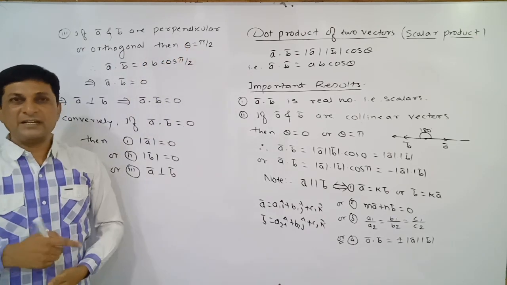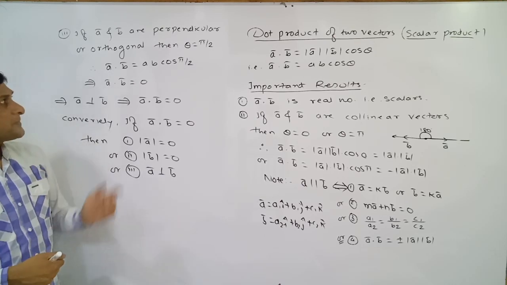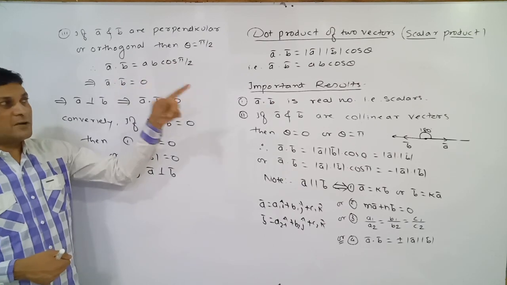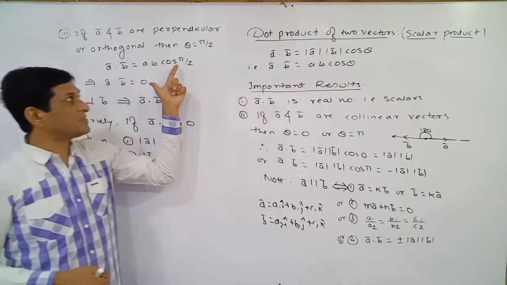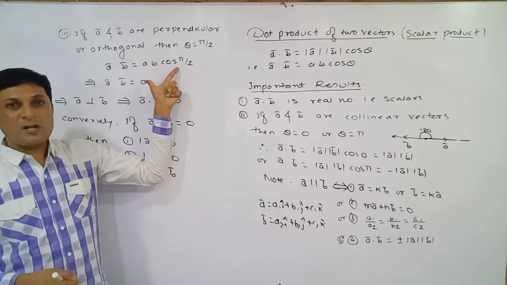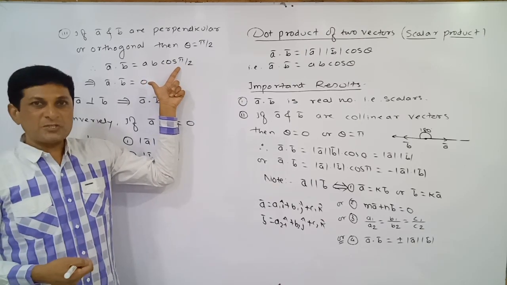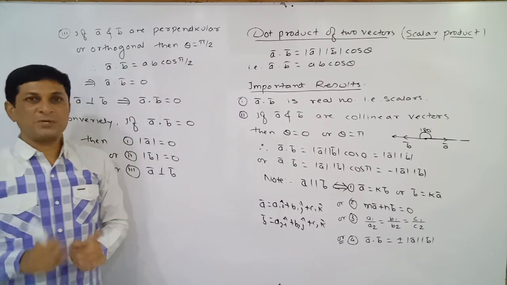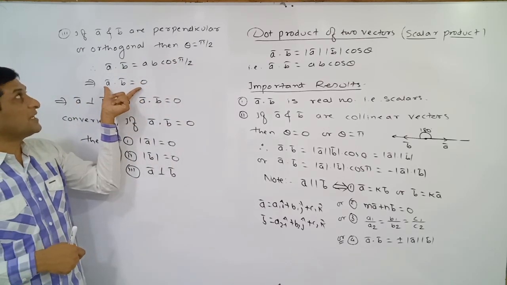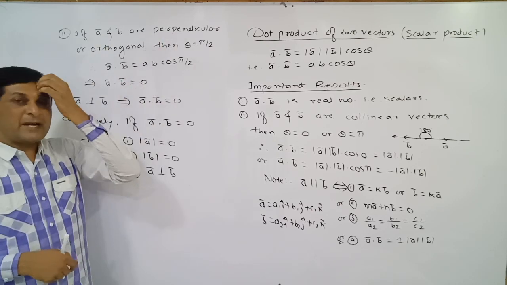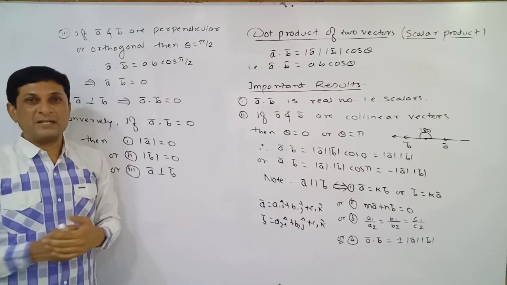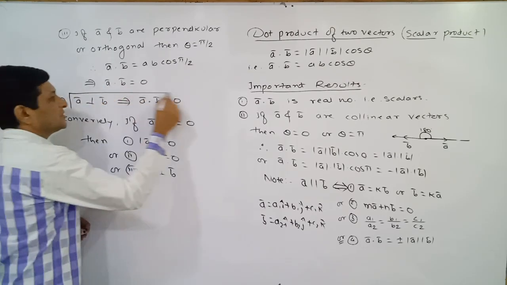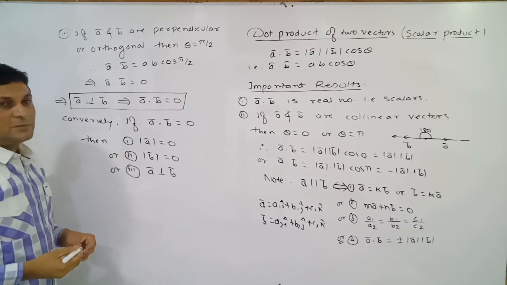90 degrees in radians can be written as pi by 2. Now we substitute this value of theta in the definition of dot product. The definition is A B cos theta. Replace theta by pi by 2. So cos pi by 2, cos 90. We know that cos 90 is equal to 0, and 0 into any term will be equal to 0. This means if the dot product of two vectors is equal to 0, the vectors are perpendicular, or if vectors are perpendicular, then the dot product is equal to 0.